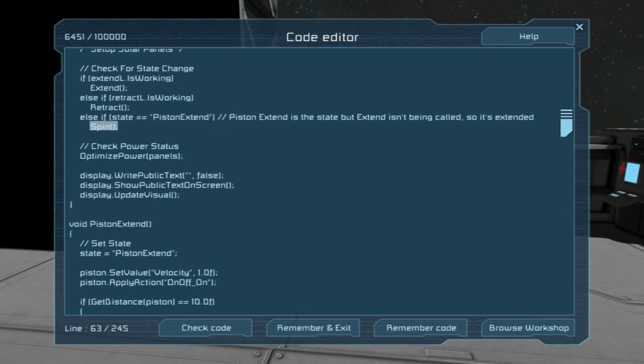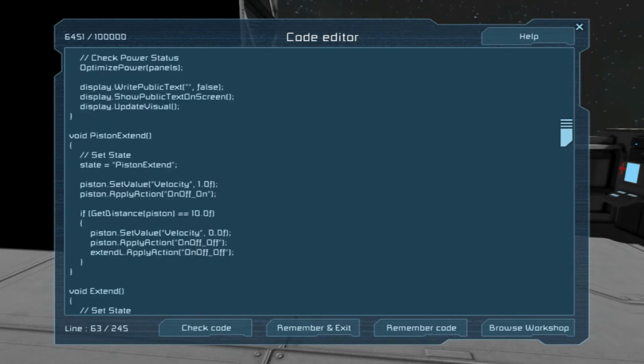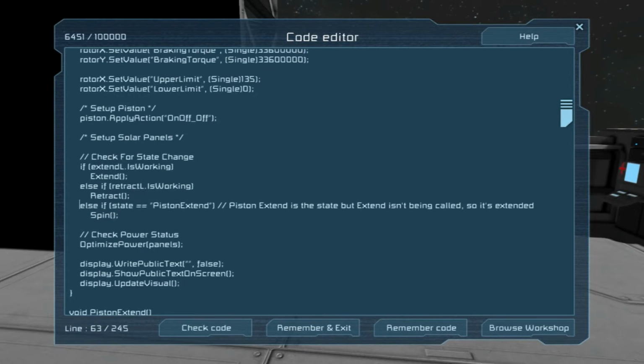And in that case, we want to spin the Y rotor so that it can check for, if it's reached this point but isn't already in optimum power, then we want it to basically check and spin around to see what it's got. This may have to change depending on if we run into a problem. That's the only thing. I have to run this code and check to see if this is enough of a fail-safe